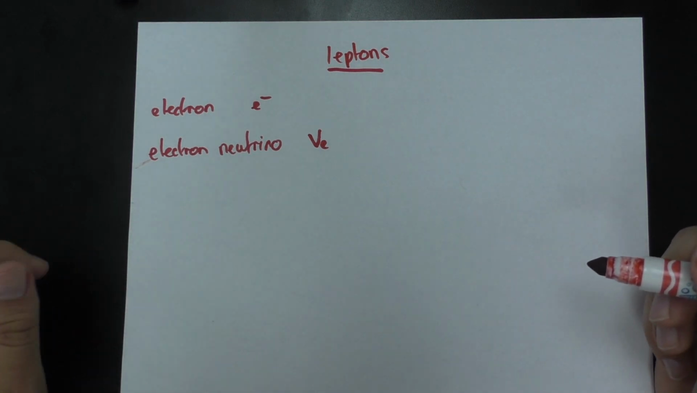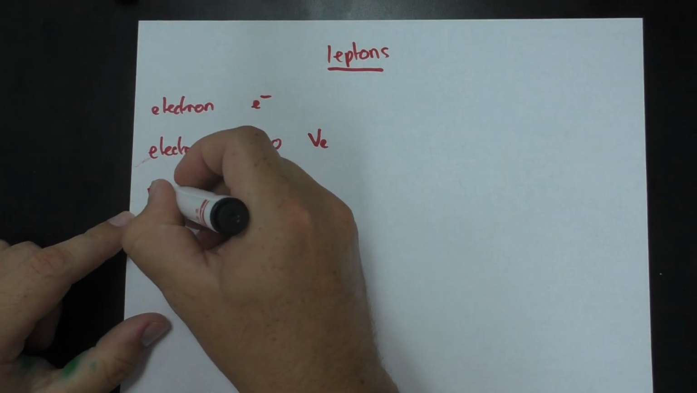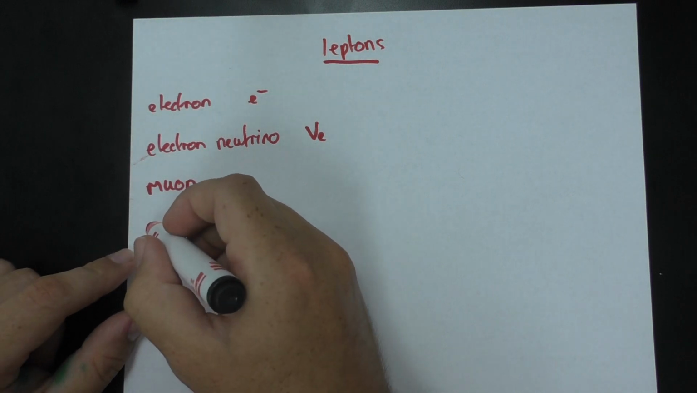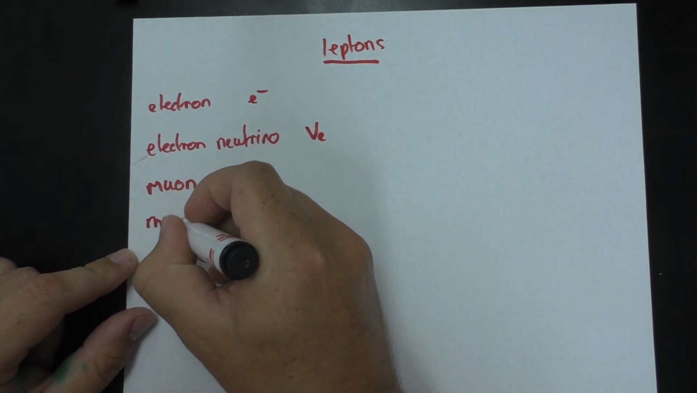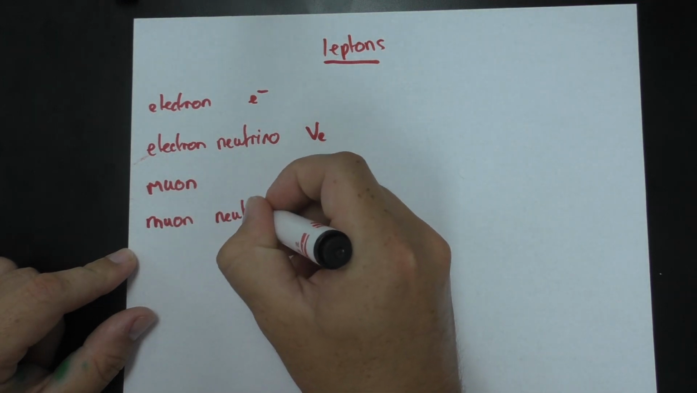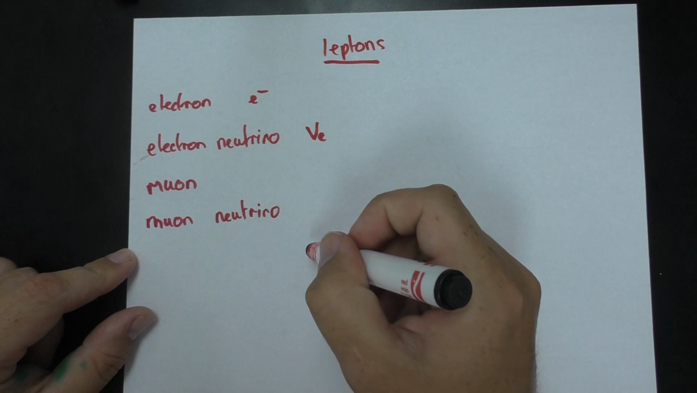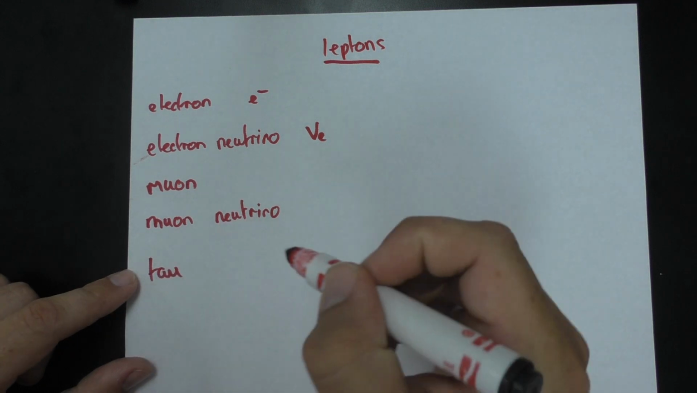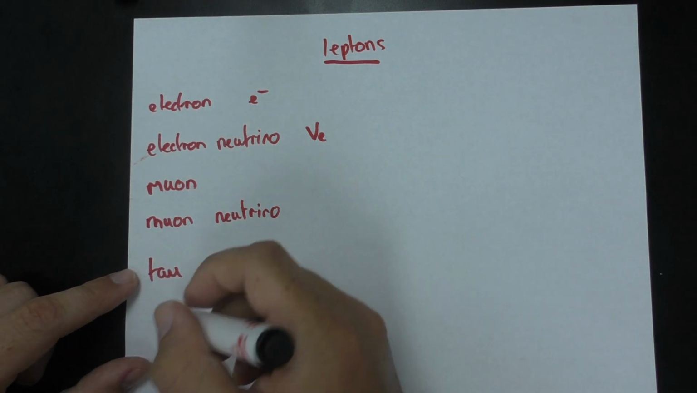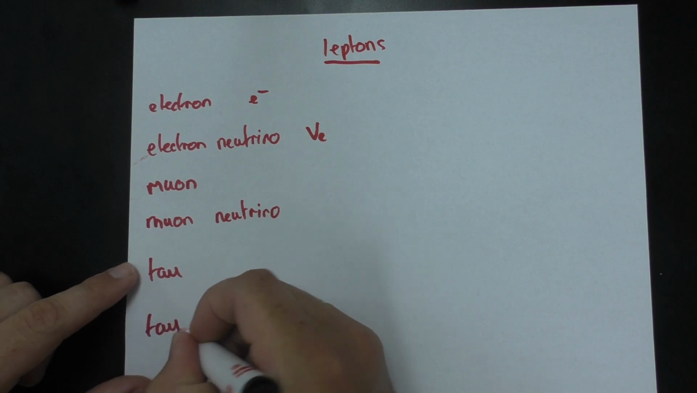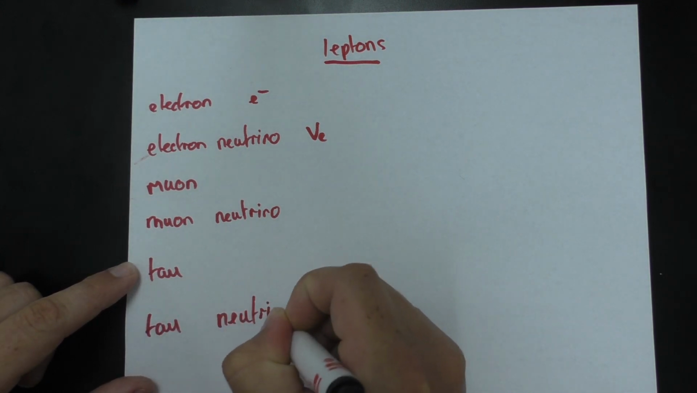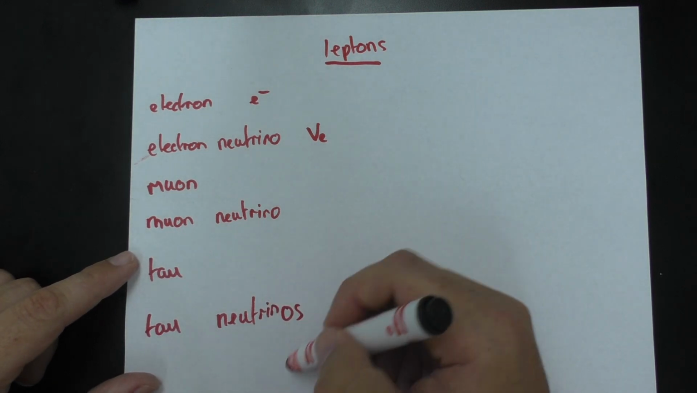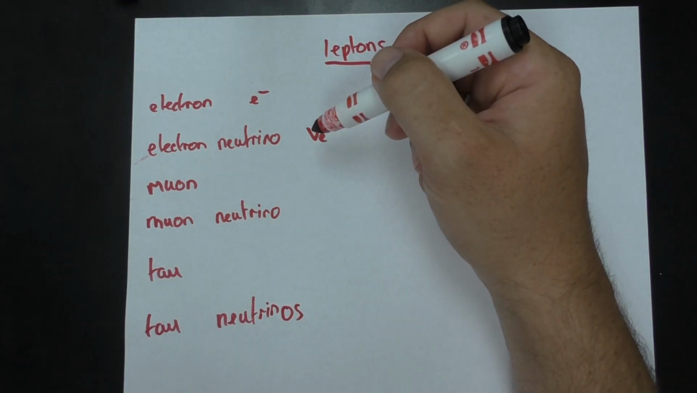Now there are other leptons to consider. You've got muons. You've also got muon neutrinos. You've also got taus. And you've also got tau neutrinos. One thing I will say about these is the ones you really need to be aware of are the